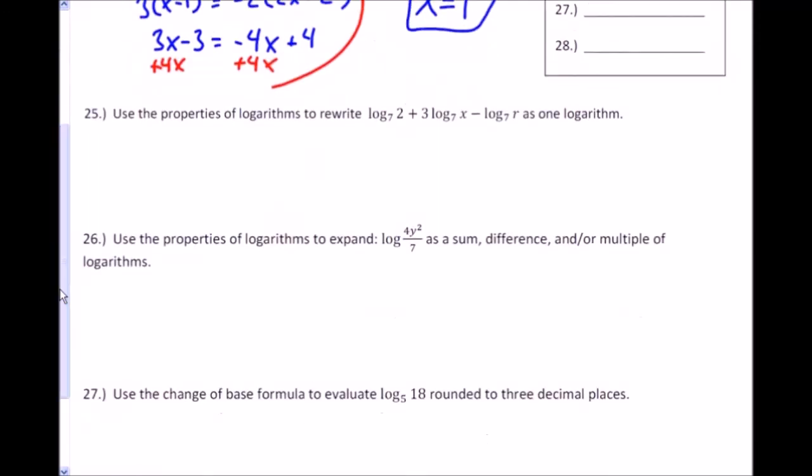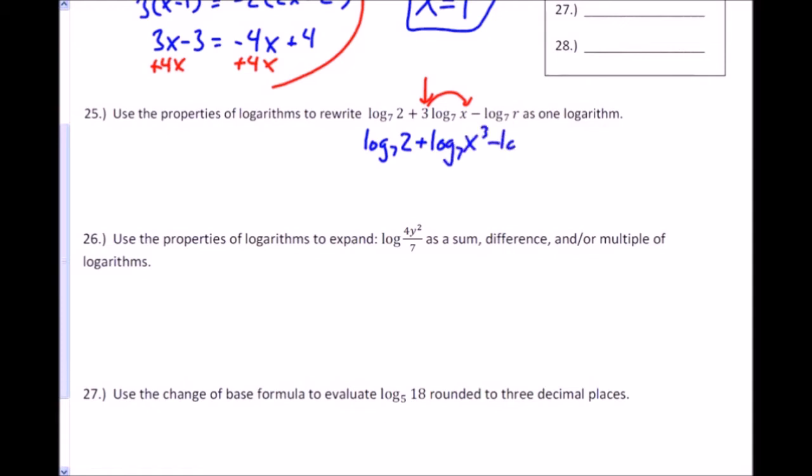Number 25, it asks us to use the properties of logarithms to rewrite this as one logarithm. Remember, two logarithms with the same base, which is what I have here, being added, I can rewrite as, before I do that, let's see, I've got a 3 out front. Remember, whenever I'm multiplying something by a logarithm, I can bring that something up as an exponent, so I can bring this up as an exponent. So I'm going to rewrite that as log base 7 of 2 plus log base 7 of x to the